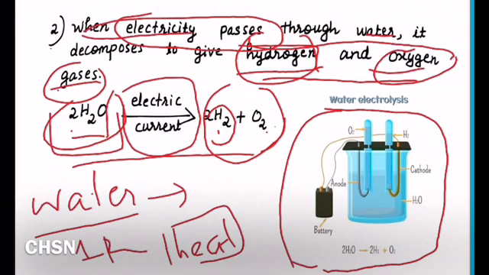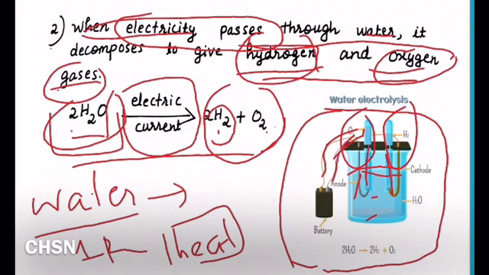So we have to get a vessel like this. Two electrodes, we have cathode and anode, and we have to fill the water in this vessel, and we need two electrodes which conduct electricity, anode and cathode. And when electricity passes through this water, oxidation and reduction takes place. Some chemical reactions will be taking place. As a result, you will get oxygen and hydrogen gases.